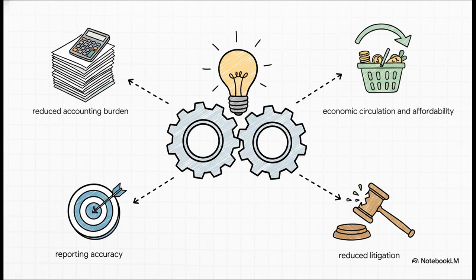Section 4. Advantages of the system. Replacing those highly fragmented product-level distinctions with these use-oriented categories offers massive structural benefits. It structurally reduces the accounting burden for businesses, which means way simpler invoicing and bookkeeping. And because the logic is just so much simpler, it naturally improves reporting accuracy and lowers accidental noncompliance. It dramatically cuts down on litigation over ambiguous categories. And simultaneously, it strengthens the whole economy by reducing tax friction on raw materials, all while actively preserving affordability for everyday people.